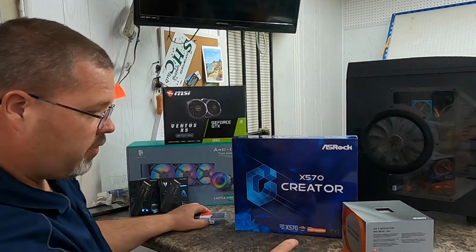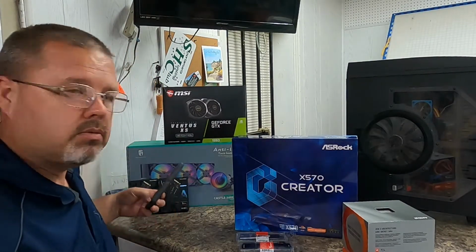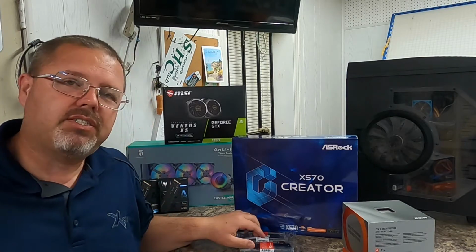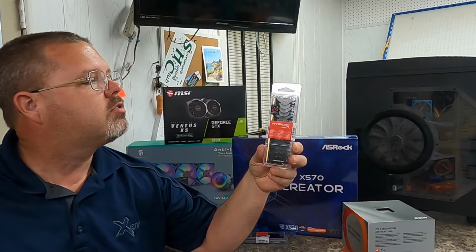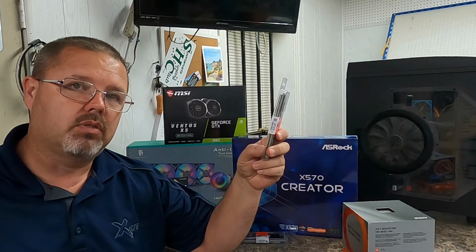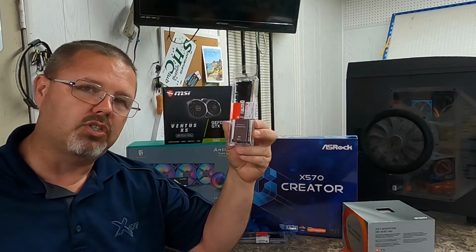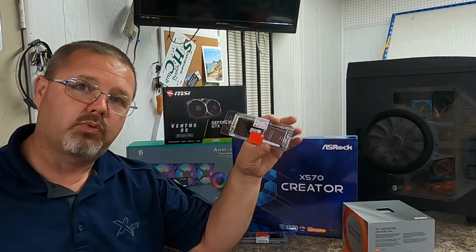So with that, my memory choice. On the website, it lists all the different memories, sizes, speeds that you can run. I looked at the prices of them, tried to figure out the best, excuse me, the best combination. So I wound up with this, the HyperX. It's a 16 gig memory stick. It can support 4 of these, so that would be 64 gigs of memory. I've only got 2 right now. I'm getting my other 2 in the next week, a couple of weeks, 3 or 4 weeks, something along those lines. This is a 3600 megahertz